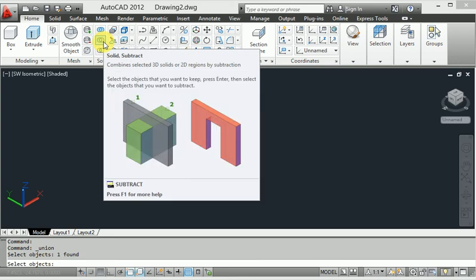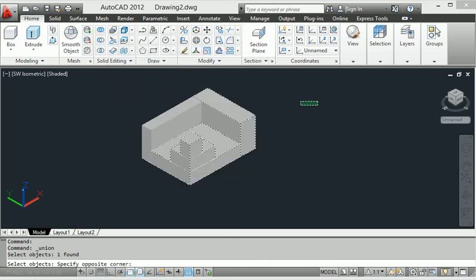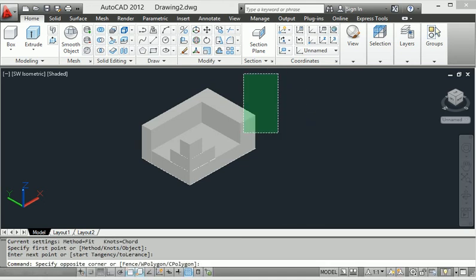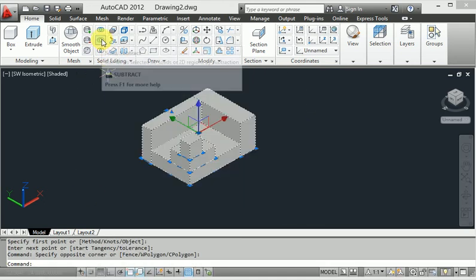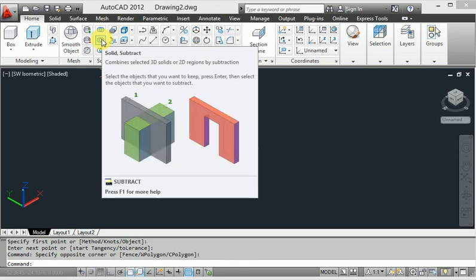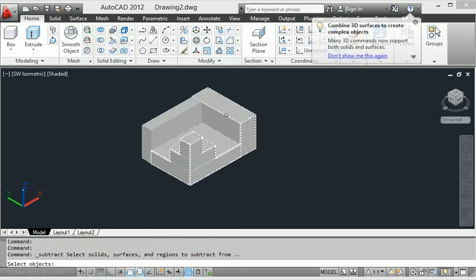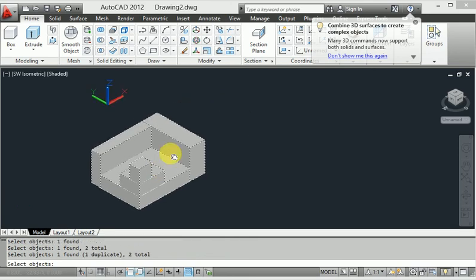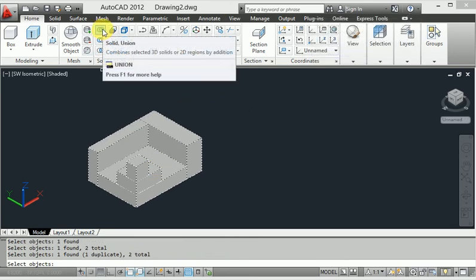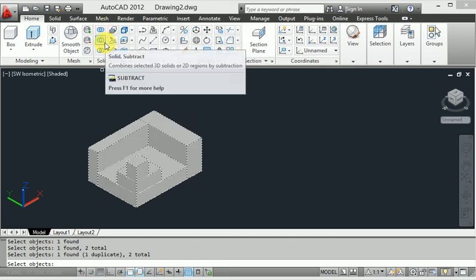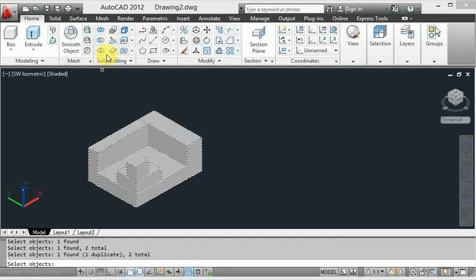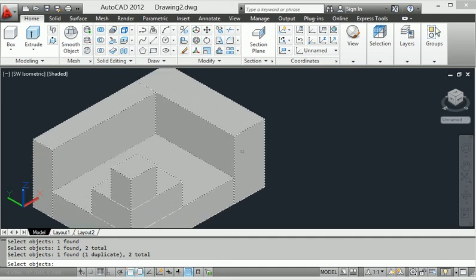So it is very easy with solid union, and I also want to show the subtract command. Once the solid union has been completed, I want to exit the solid union, so we select this here and now subtract, which means the individual components break down again. When I now select this, this one is the solid union, and this one creates the individual component. So it is very easy to work with AutoCAD solid union.